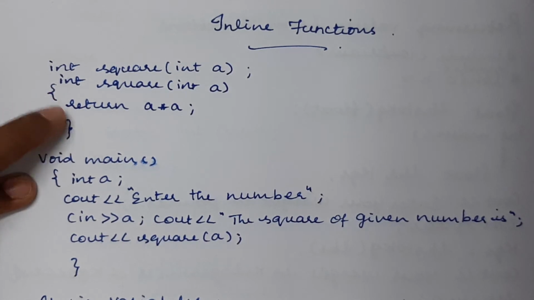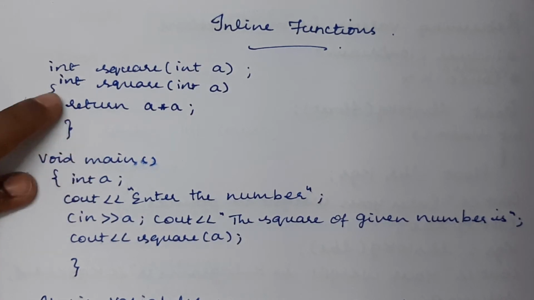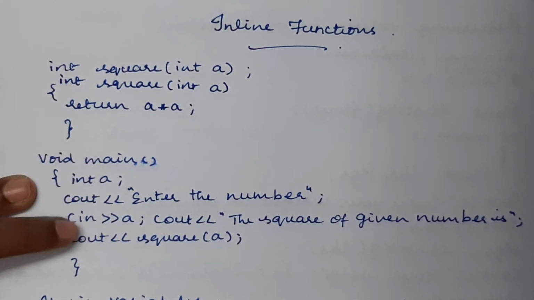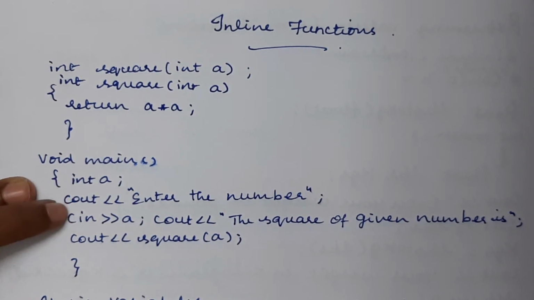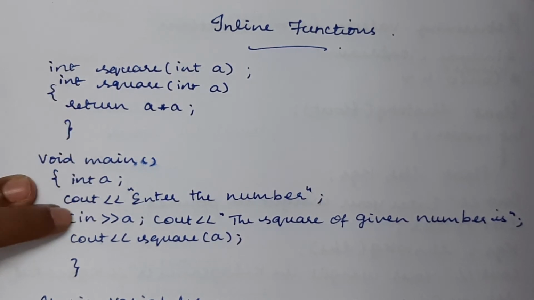But beyond this, what are all the things to be done if you want to transfer the control, which means if you want to call this function? You need to store where you should return back, isn't it? You have to maintain that information: each and every line is specified with its own address. So we need to store that particular line address before transferring the control to the user defined function. And after transferring back, at which statement of the main function should it be executed, right?